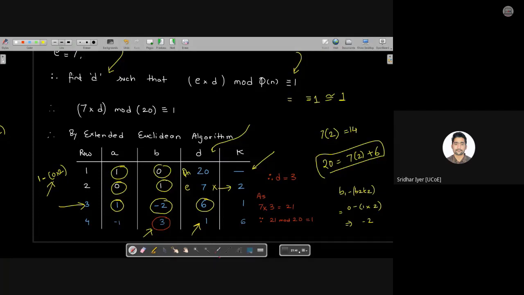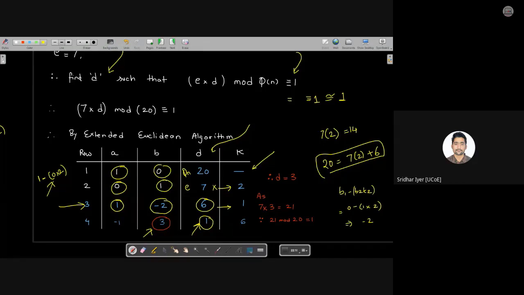So let me quickly wind up this problem. Now we can say that 1 completely divides 6. I guess there is some mistake. Just check it once again. Kindly let me know if there is any mistake or if it's fine. No, it's fine. 6 into 1, 6 ones are 6 and the remainder is 1. Yeah, it's fine. 6 ones are 6 and there is a remainder of 1.